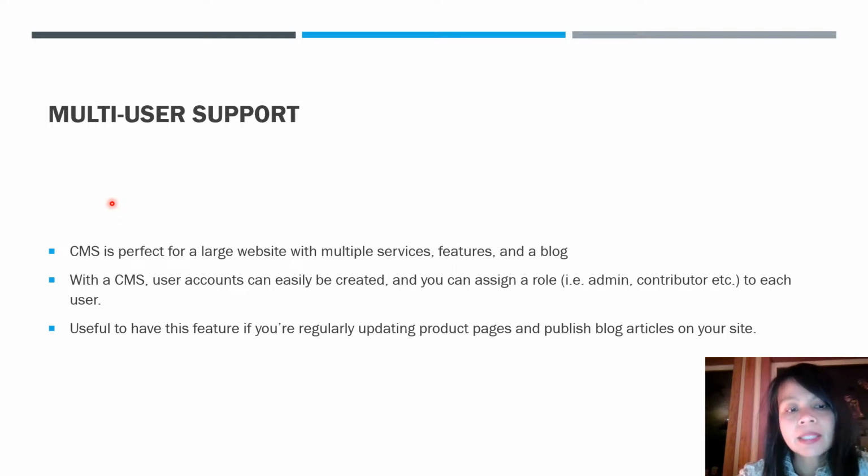With a CMS, user accounts can be easily created, and you can assign a role to each user, like an administrator, a contributor, an author, or an editor. So it's useful to have this feature if you're regularly updating product pages or publishing blog articles on your site. With many different people doing many different tasks on one website, you want to have this multi-user